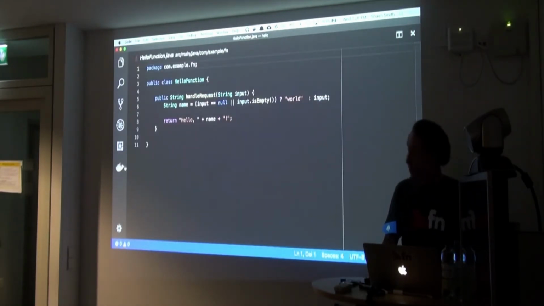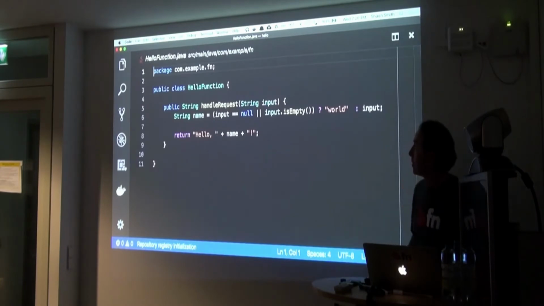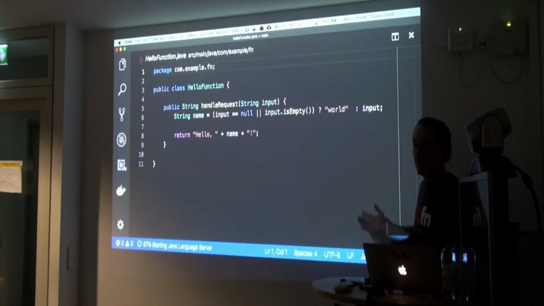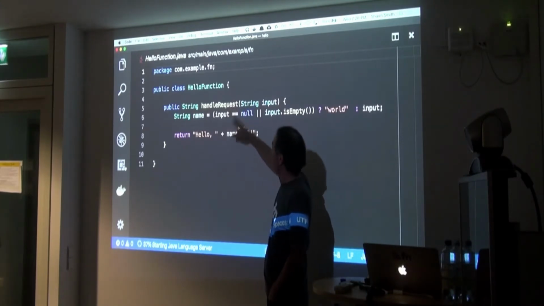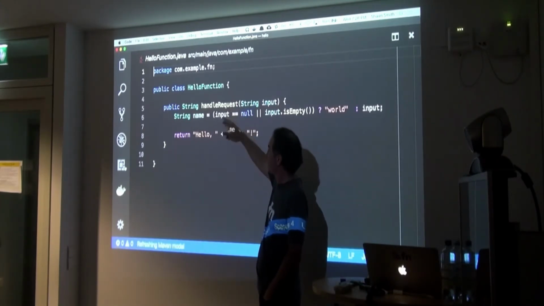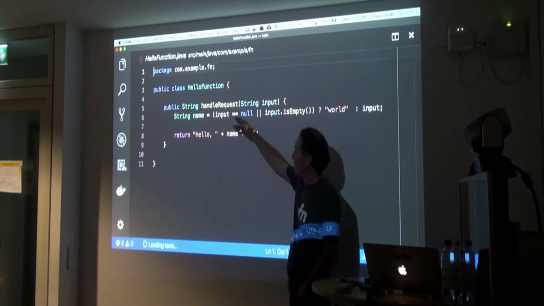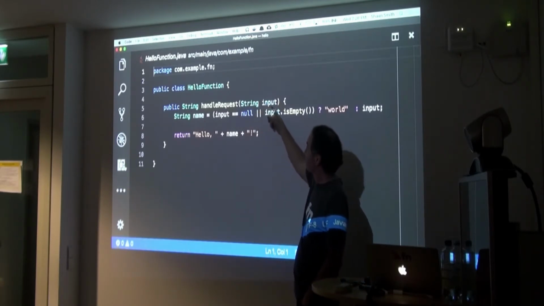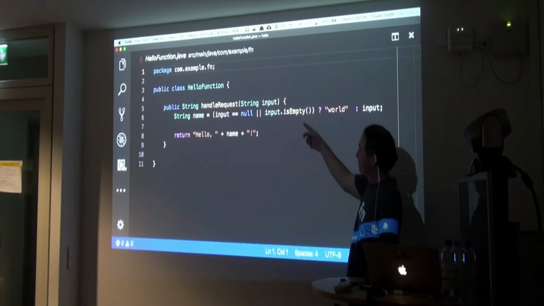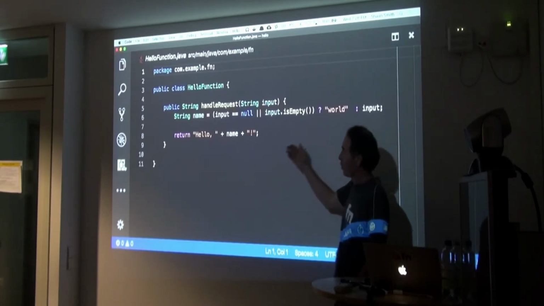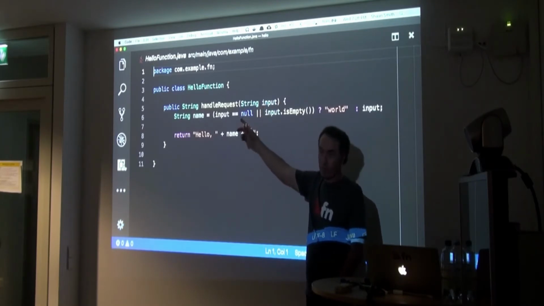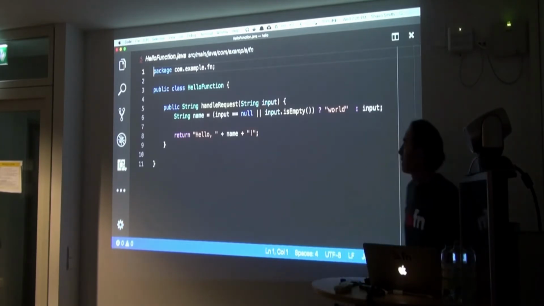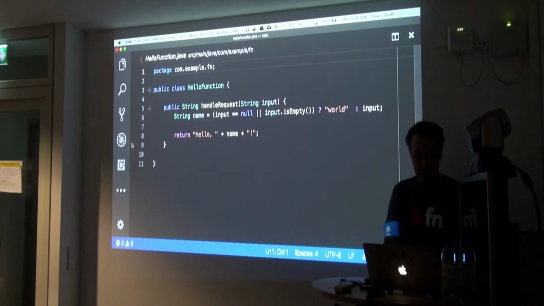So here's a function. There's nothing in here to say it's a function. You can't tell, right? It's just a Java application, a func class, with a method. The name isn't important. In this case, we call it handle request. This is the body of the function. It takes a string, checks if it's null or not, and decides whether it goes hello world, hello name, or hello world by default. It returns a string. Takes a string, returns a string. Nothing special. I can run that code.